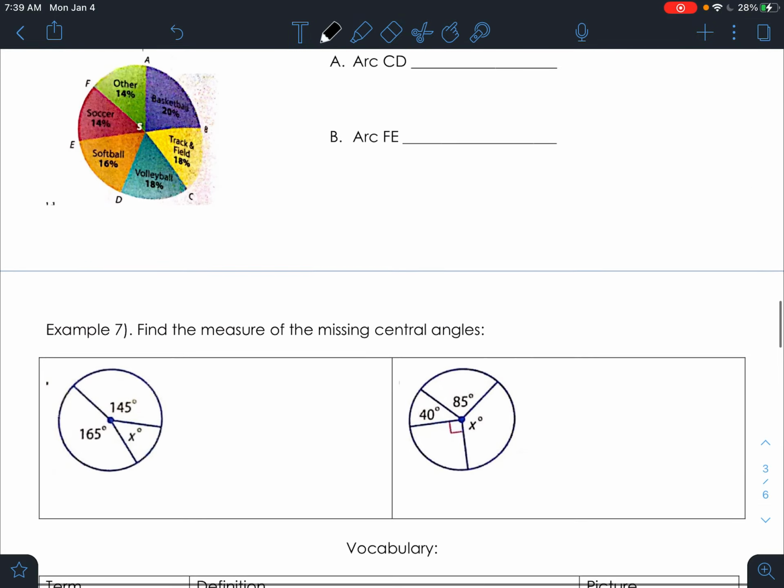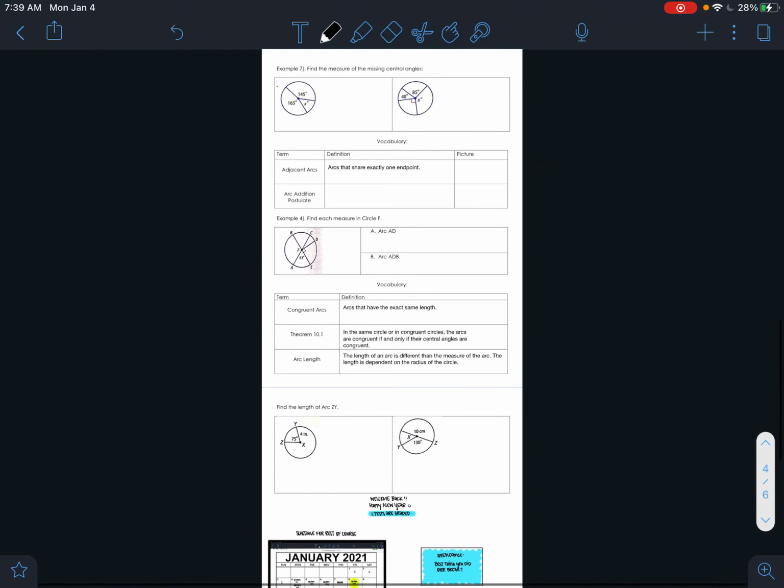Okay. So what I'm going to do is I'm going to pause here, and then we still have quite a bit